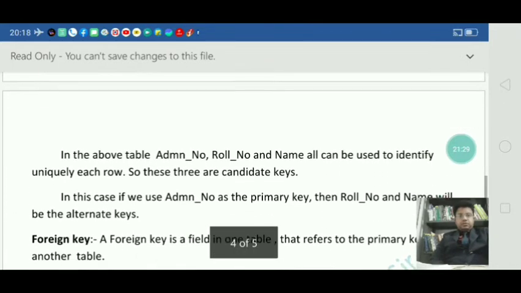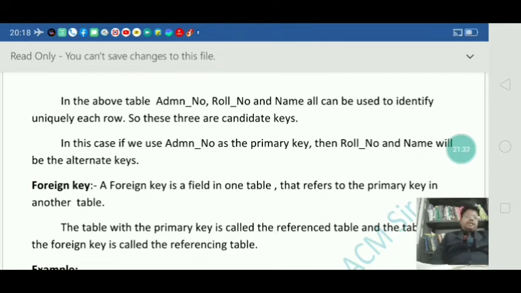In that table, you can take admission number, roll number, and name as candidate keys. Why? Because they can be used to identify each record or each row uniquely. So in this case, if you want to use admission number as the primary key, then roll number and name will be the alternate keys.